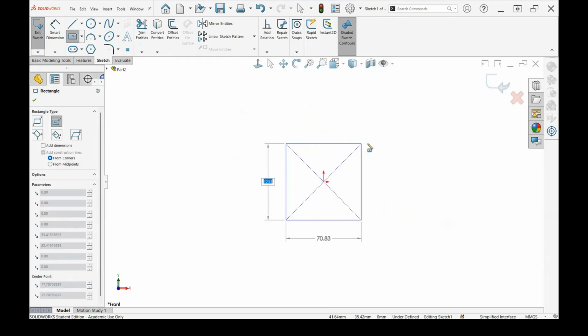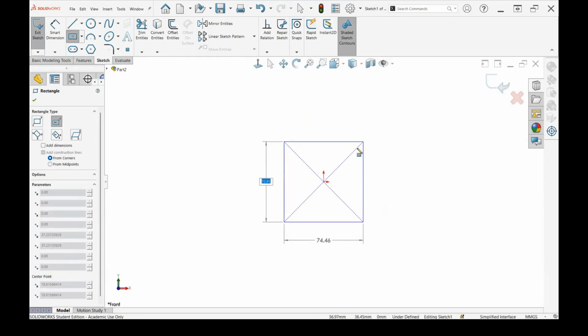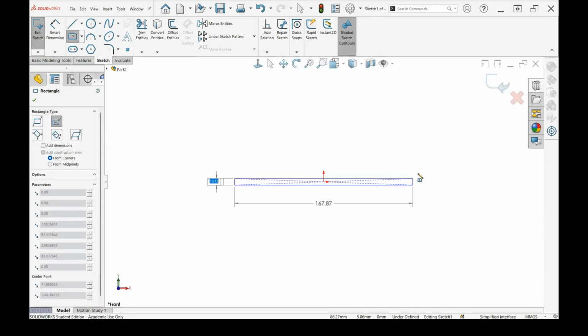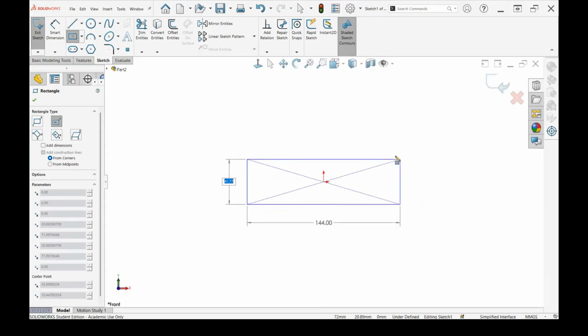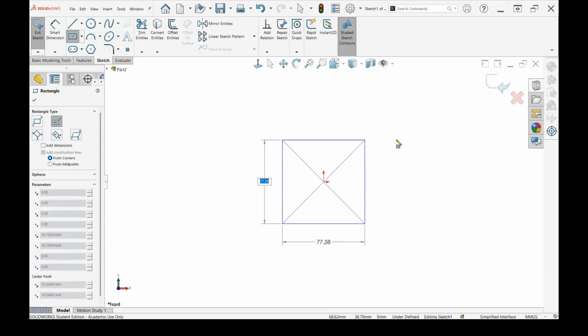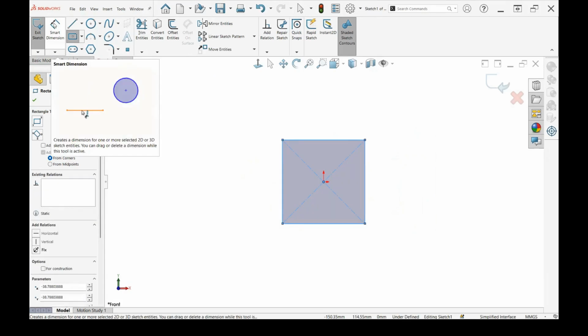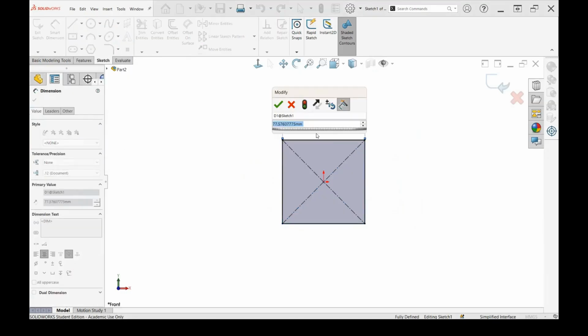And you can see when I hold Shift, it forces the rectangle to become a square. Therefore, the sides are the same dimension. If I remove the Shift or not select it, it moves and I can select the two sides as separate sizes. So I'm going to hold Shift and force it to be a square, and then come up here to the Smart Dimension tool and select one of the sides and set it as 10 millimeters.